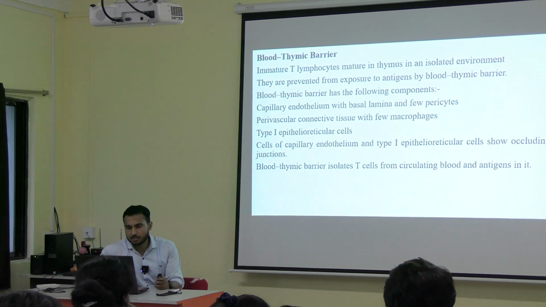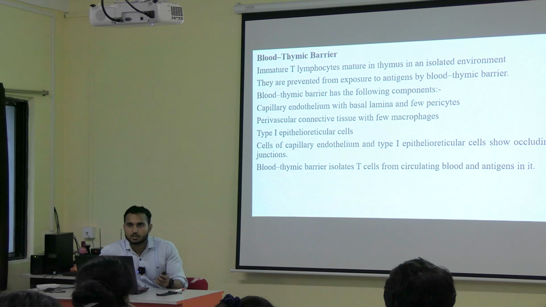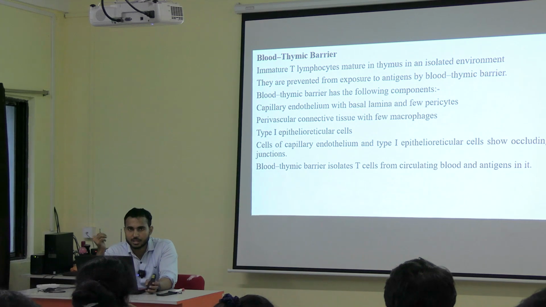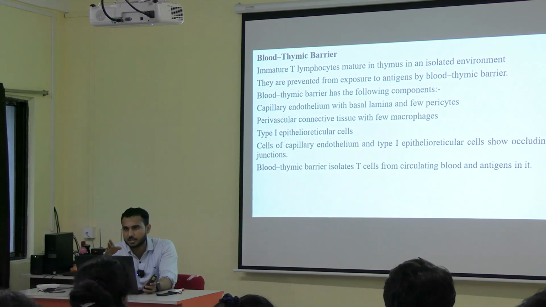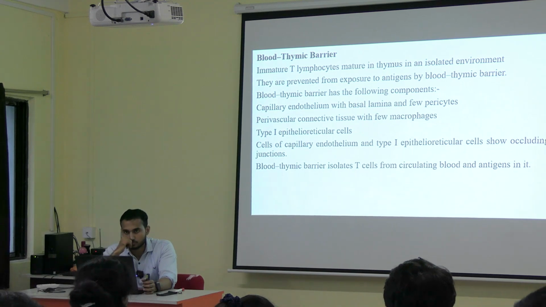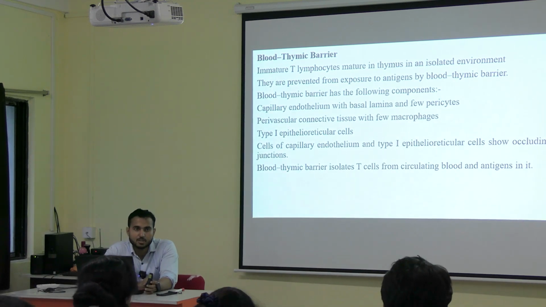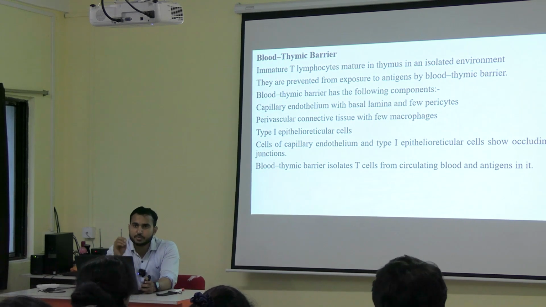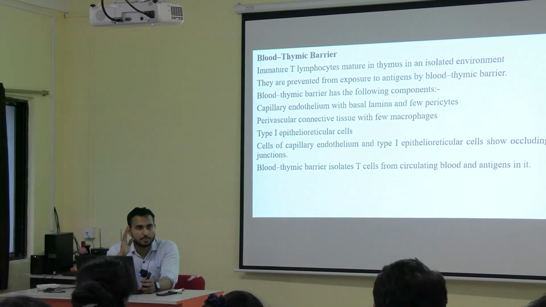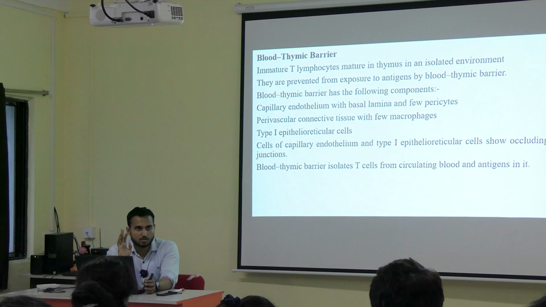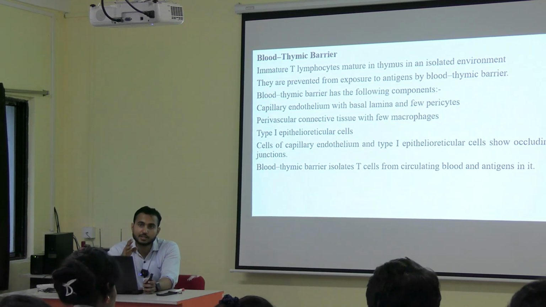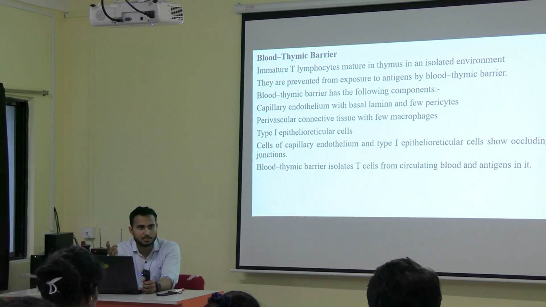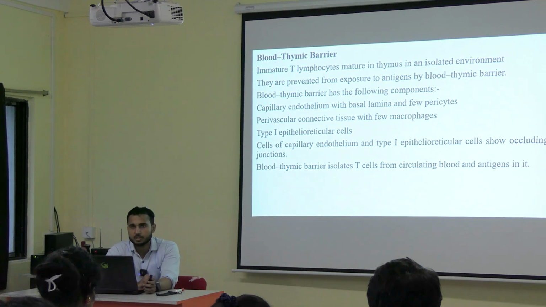Next, the blood thymic barrier, how is the blood thymic barrier formed? Now, if you want to write about any barrier, how will you write? Suppose in the exam a question comes: write about this barrier. What comes into your mind when a barrier comes? Very simple, always keep that in mind. For any barrier, you have to mention the layers, and those layers are placed serially. So you have to mention either from inside to outside or outside to inside, anyone. The same thing is mentioned over here.